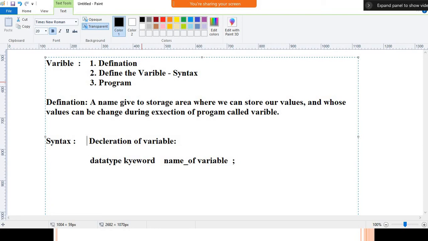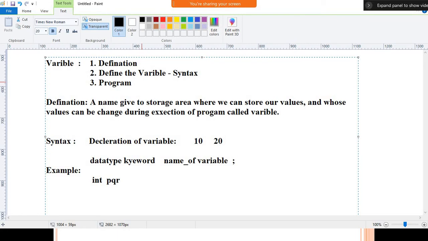For example, if you want to perform an addition of integer data type, I want to store the values 10 and 20. For that reason, we require the data type keyword. This one is a syntax, and here I will write an example: the keyword int, and according to the identifier name we can give the names. For example, variable name a, b, c. We already did that. Instead of that, we can use p, q, r. But we must understand the concept of identifier.